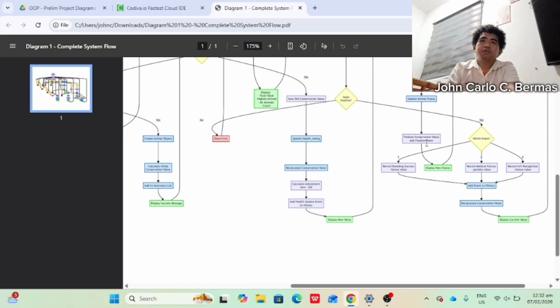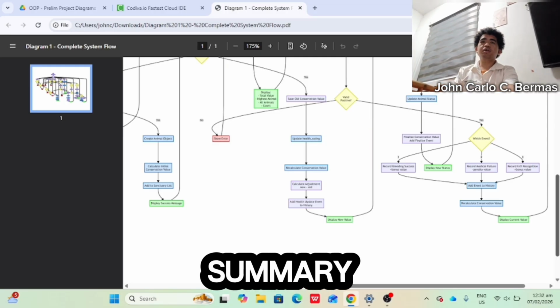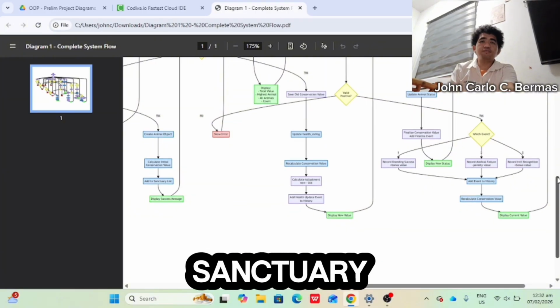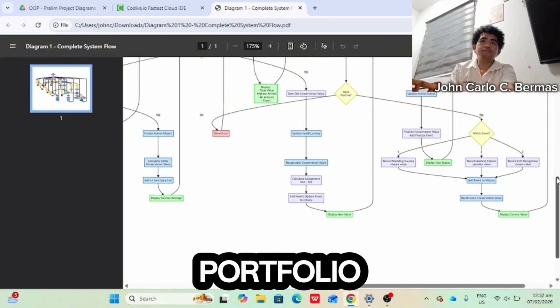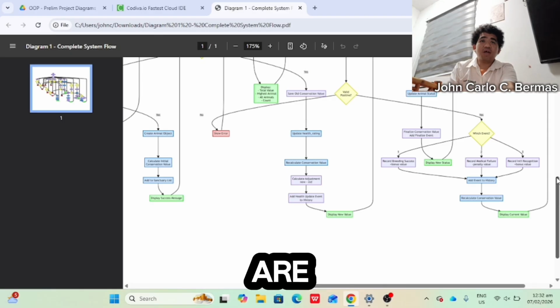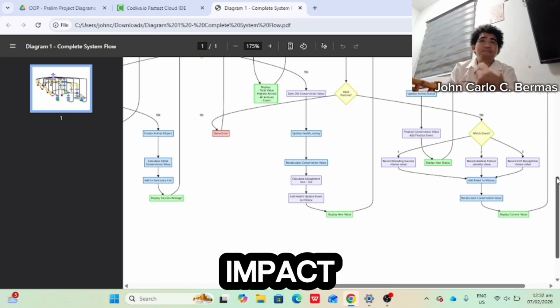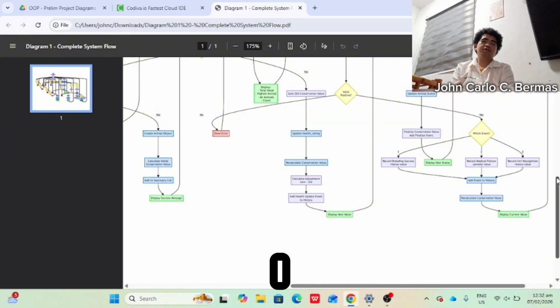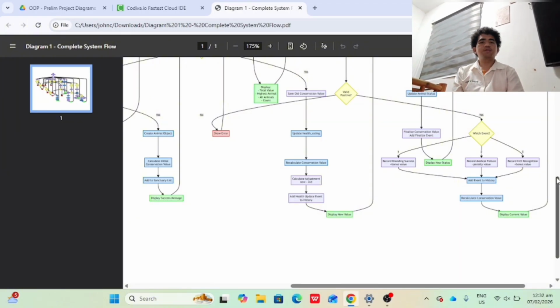At a glance, the summary gives a complete picture of the sanctuary conservation portfolio. Which animals are thriving? What's our total conservation impact? Who's our star performer? All answered in one report.